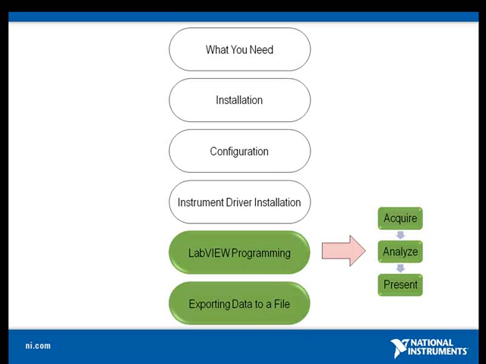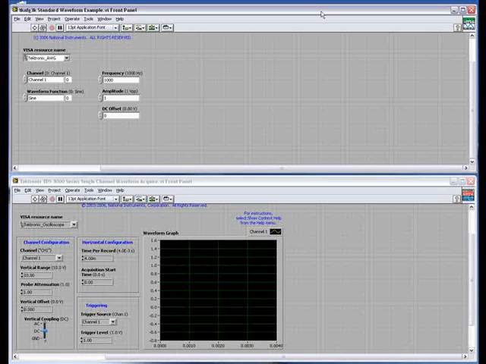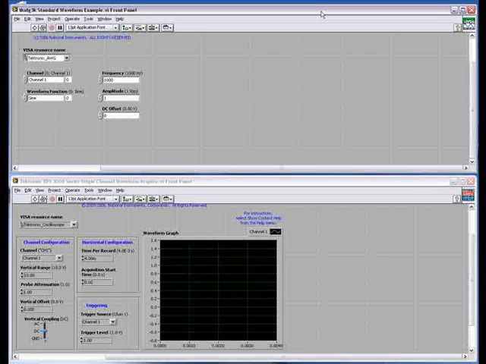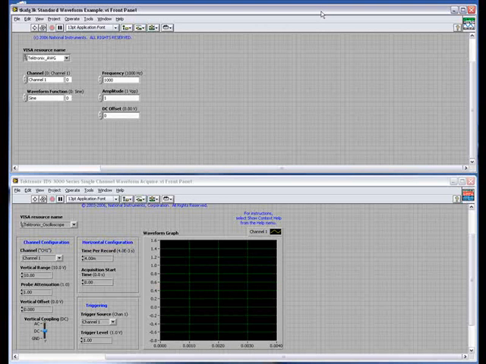Previously, we have set up and configured our hardware and software and installed the necessary instrument drivers. We are now ready to use LabVIEW to program our instrument control application. In this demonstration, I'm going to use two instrument driver example programs to generate and acquire a waveform. I will then perform an analysis on the acquired waveform, write the data to a TDMS file, and view the